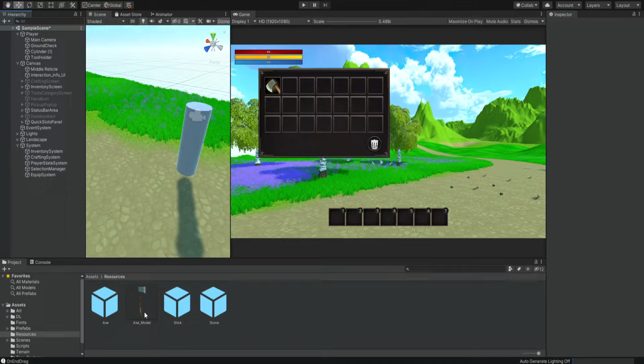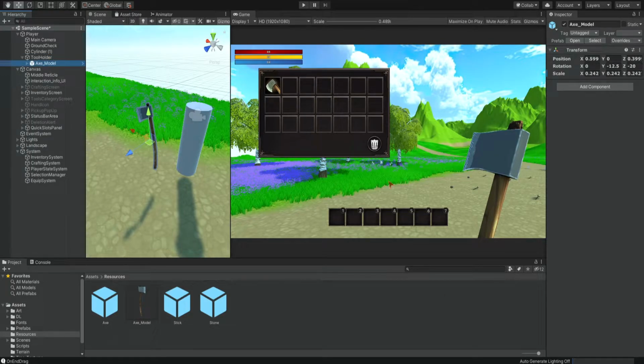So I'm simply going to select the model, and I'm going to drag it inside the tools holder, and then it will appear inside the game. So then we can create an animation for it, and we're going to see how it looks. Now again, the keyframes and the different numbers that I'm going to give you are not going to be accurate if you're using different models, but you're simply going to have to play with this and find your own values, okay? This is not some kind of beginner's tutorial for animation, and I hope you already have some experience with animation.